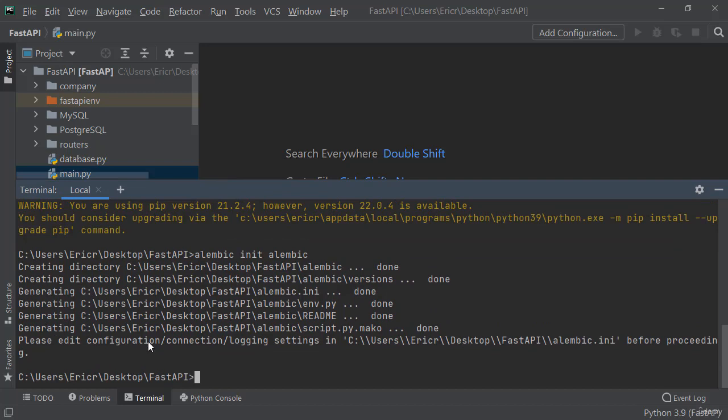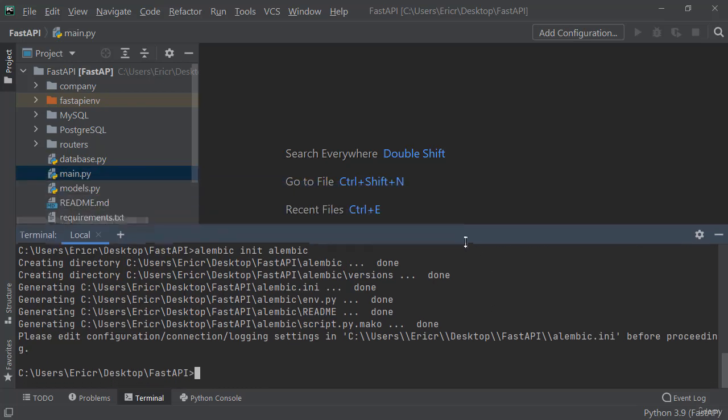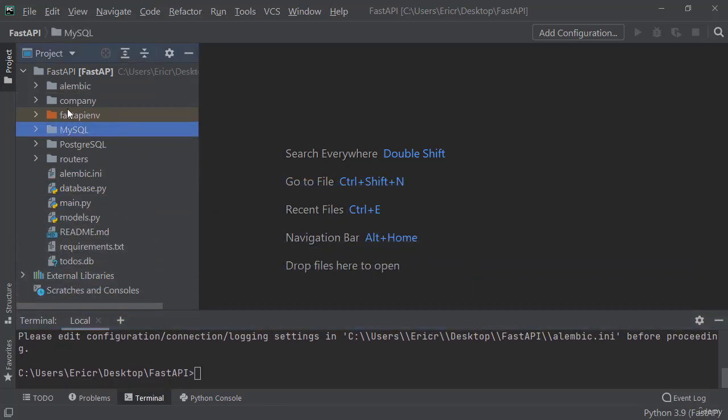And it's saying it's generating all the directories we need for Alembic. So after typing in alembic init alembic, we get our Alembic directory. Inside of our Alembic directory, we have our versions. We have our new alembic.ini, and that's going to hold all of our properties for our project. And then within our Alembic directory, we're going to have our environmental properties, our README, and our scripts. So if we just click around, it should refresh, and there it goes, with a new Alembic directory